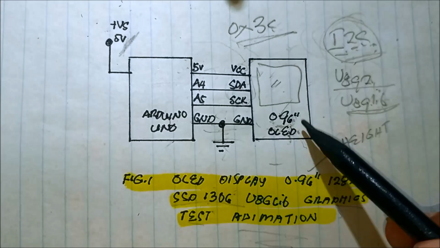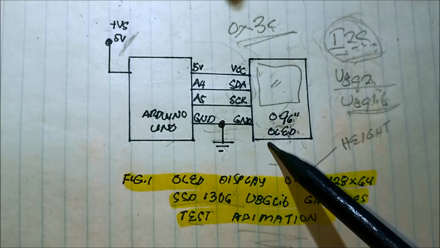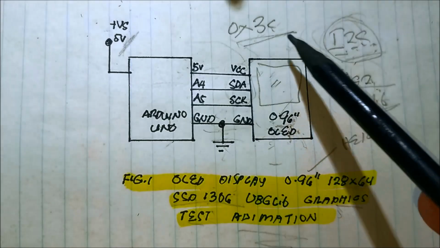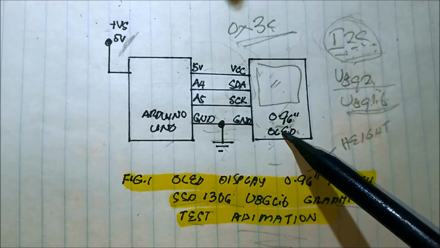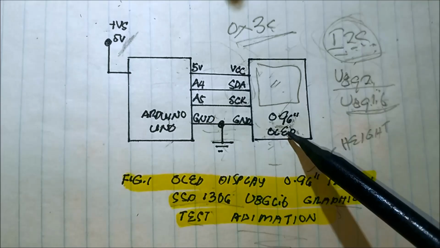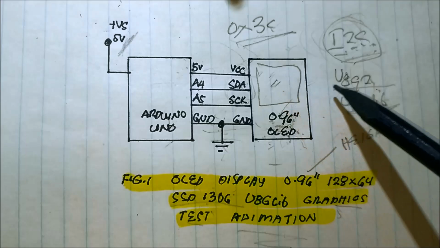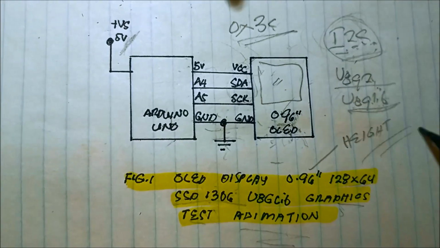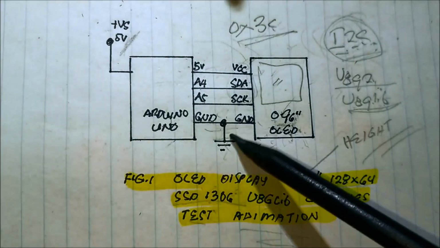0.96 inches, the height of the OLED. And it does not need any backlight since this is an OLED technology, organic light emitting diode. So the LED is the one that emits its own backlighting. It has no additional backlighting. So that is the graphics animation